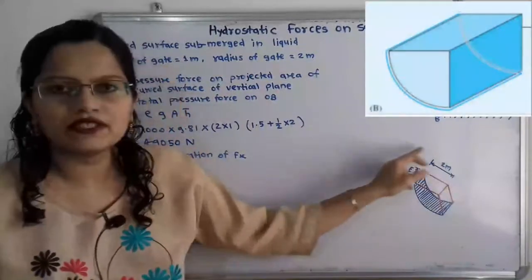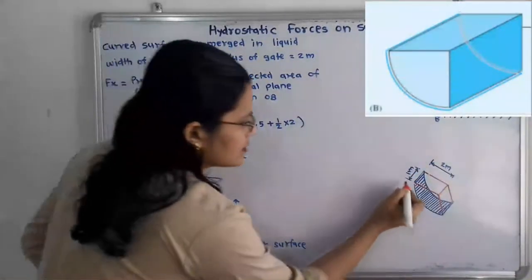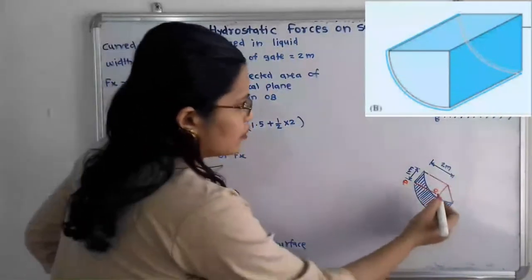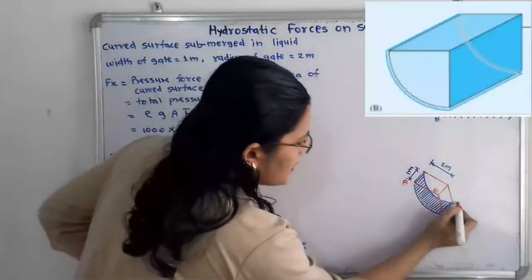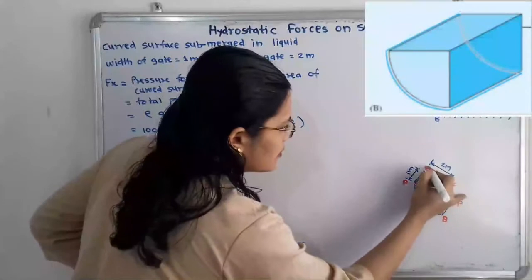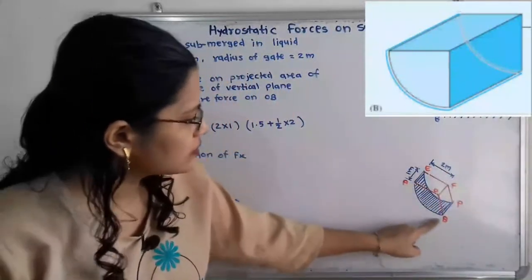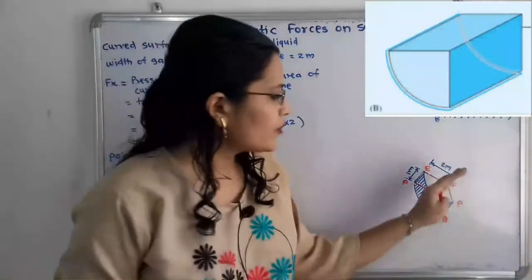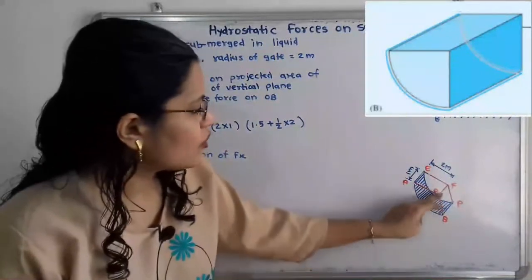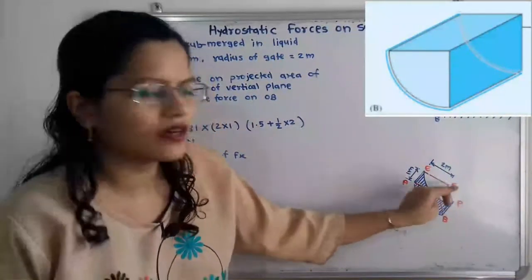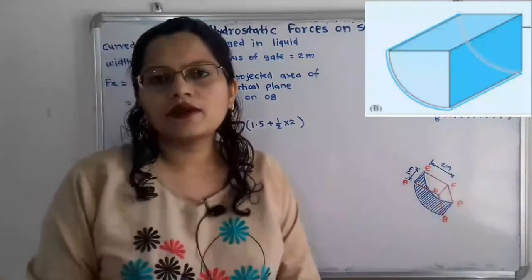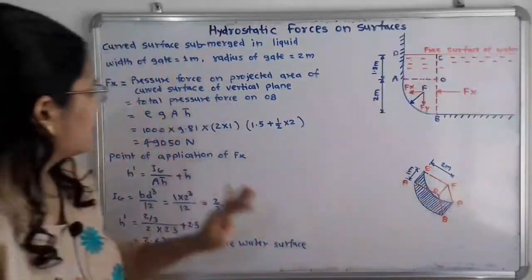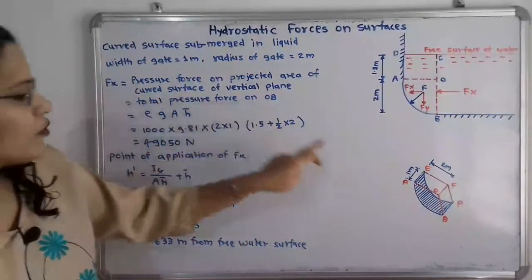So here is the three-dimensional diagram. I will write here, this is the end A, here is the end B, and this is the end O. On this vertical plane, I will again write here P, F, E. If we observe this curved surface, OFPB is the vertical plane. So we have to take the plane along this OB, that means BOFP is the vertical plane, and on that plane we have to calculate the pressure force that is getting applied. So we can write here the total pressure force on OB.